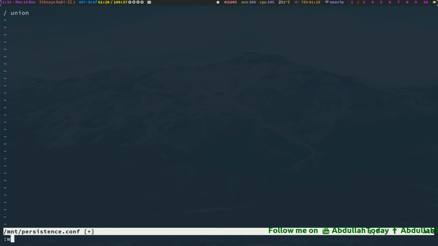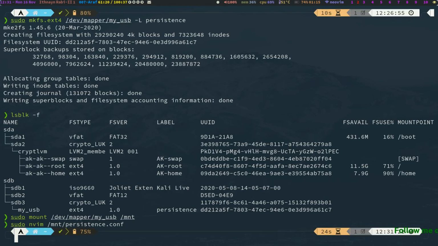Write it with :w. If you don't know vim, you can use the echo command. I am going to show you how you can do that. Most Kali Linux users are wannabe hackers and they don't know how to use vim or how to exit vim, so let me explain for them.